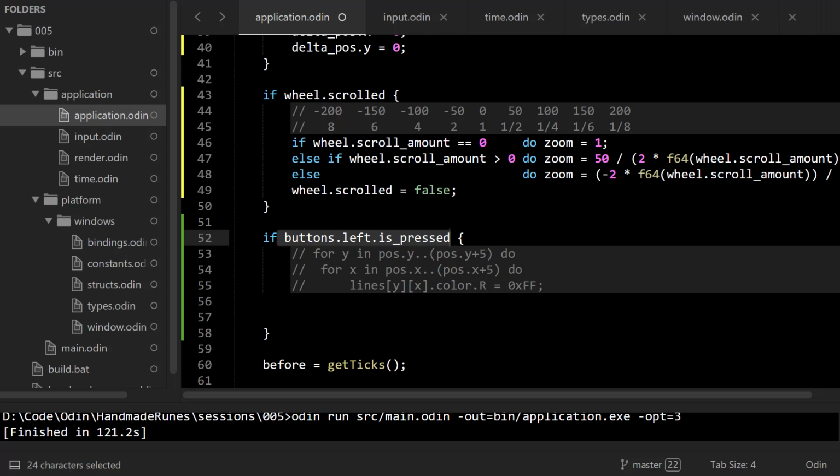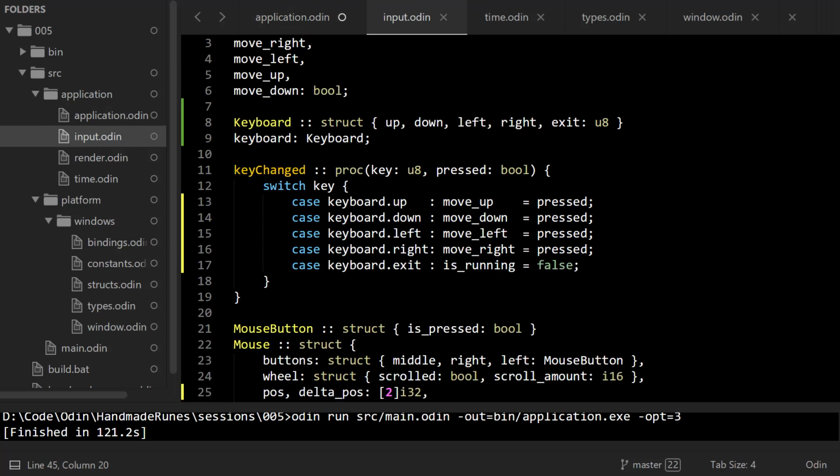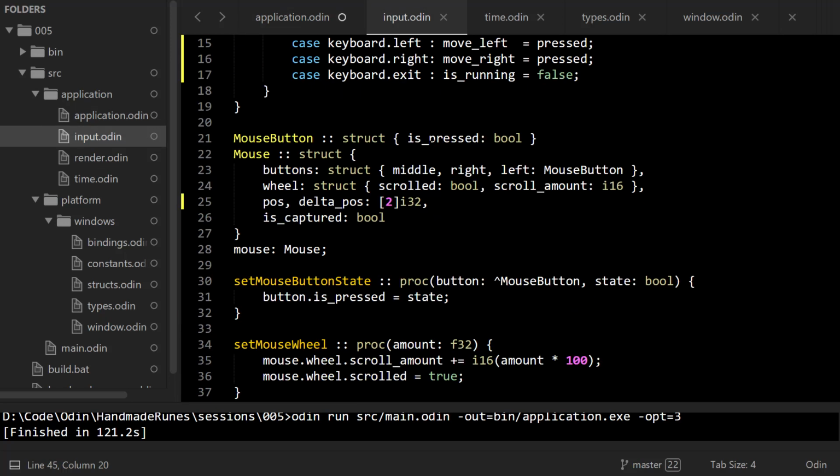So we'll need to track the first time that we get in here. So instead, what we can do, let's see, in our mouse, the button only has is pressed. But what we can do is also say,